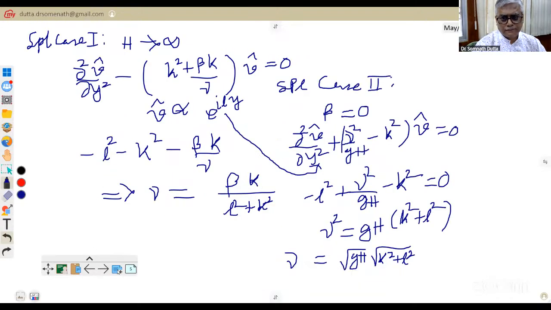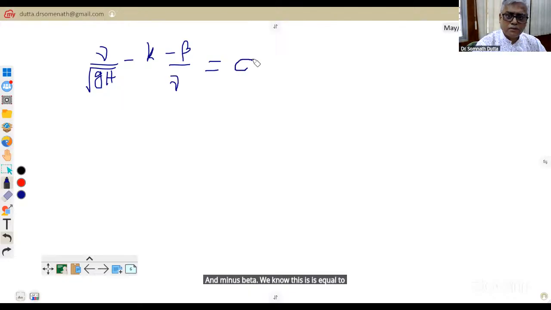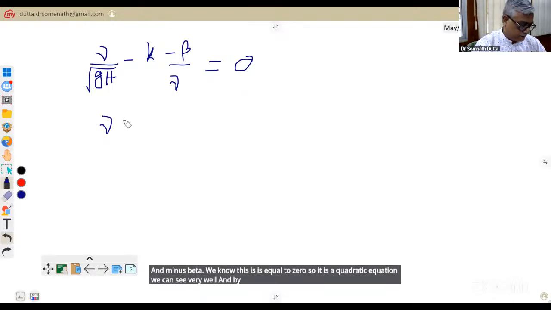Sorry. That is nu divided by gh under root, of course, minus k and minus beta by nu. This is equal to 0. So it is a quadratic equation. We can see very well. And by solving this quadratic equation, we will get this relation: